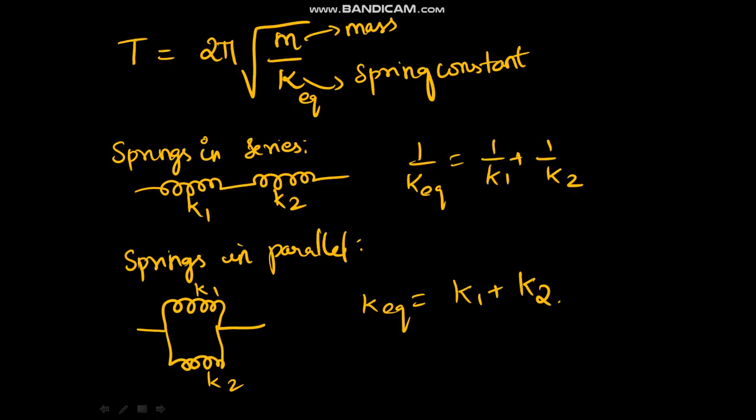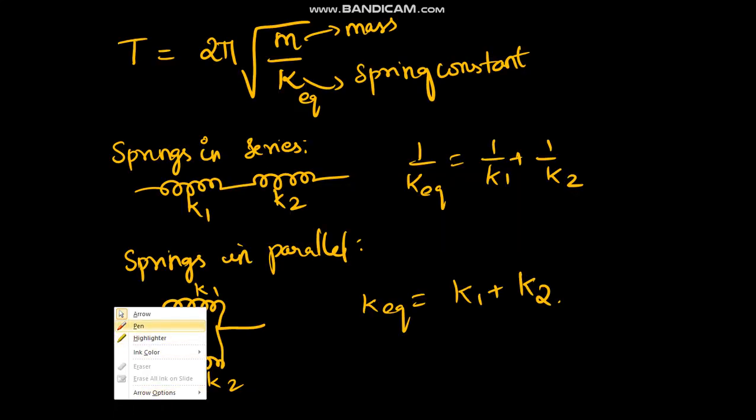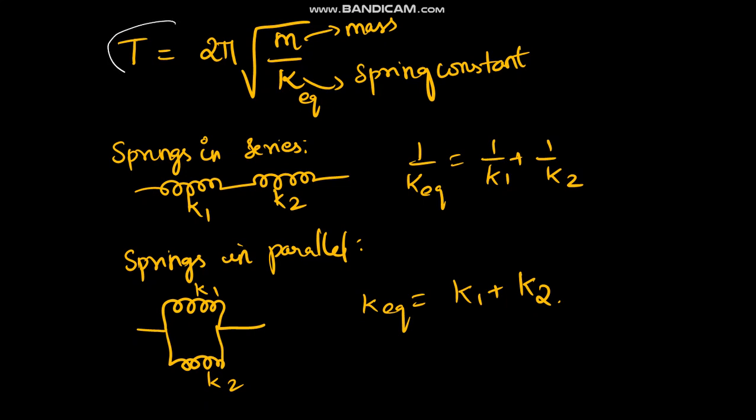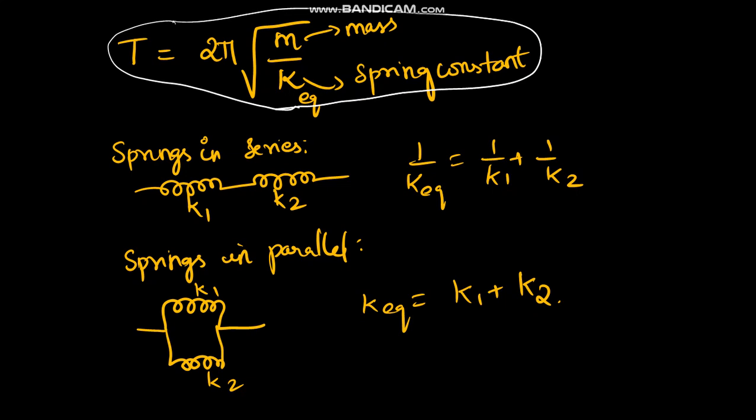In this video we will see the time period with combinations of springs in the SHM chapter. So T is equal to 2 pi root of m by k. This is the basic formula. First you must know this k is the spring constant, and suppose it is given like this,